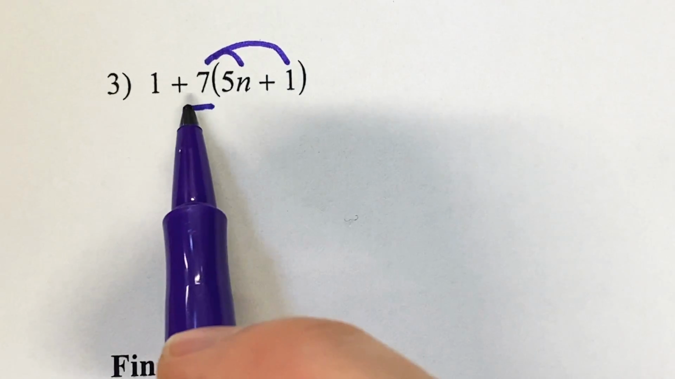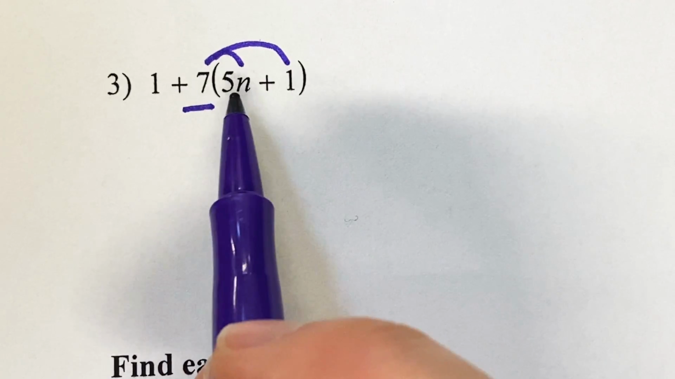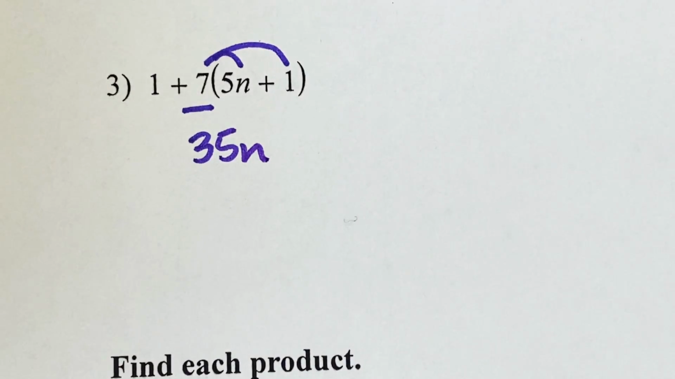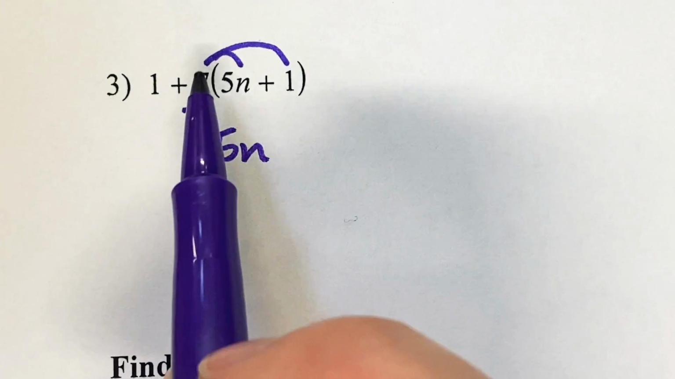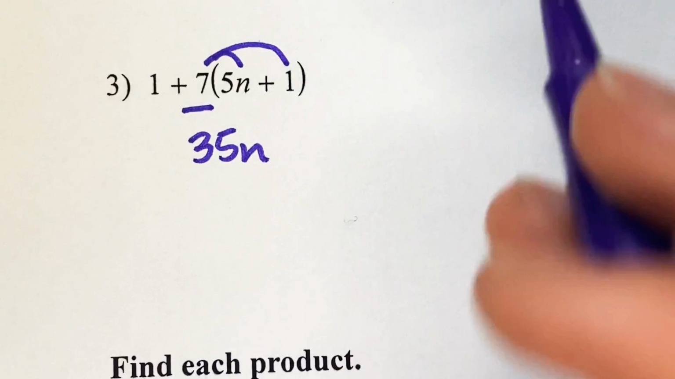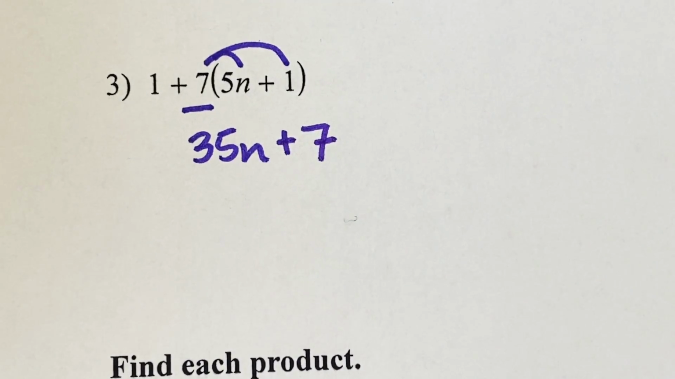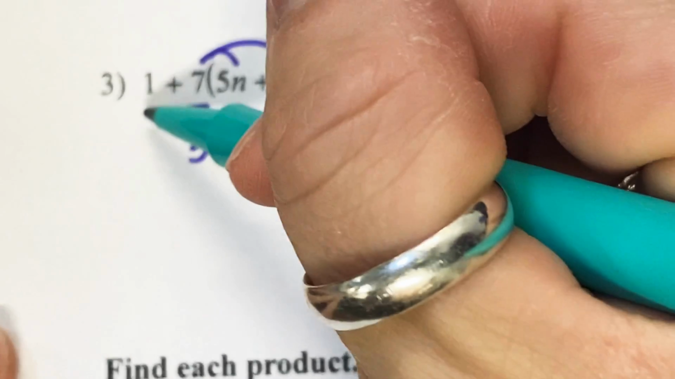Okay, let's do 7 times 5n. What is 7 times 5? It's going to give me 35. We had 1n, so 35n. Okay, and then we have 7 times 1. It's just going to be +7. So we distributed. We got rid of our parentheses. Now we can go ahead and bring down our 1